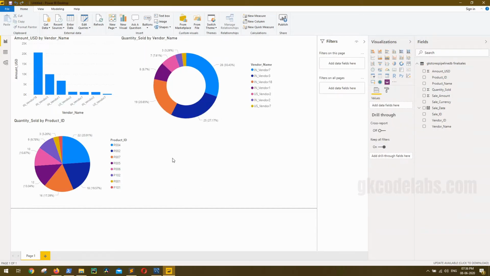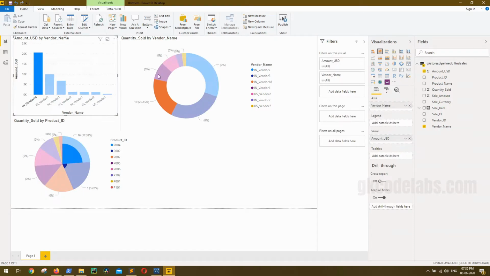Now the interesting thing here in Power BI is, suppose out of these vendors you want to see the report that is being fetched for the same field in any of the other charts as well, you can click on that. Suppose vendor 18 did a total of 20,566 in sales. Now if you click on this, you can see other charts will get adjusted accordingly. So for vendor 18, the amount USD you want to see will be available in this chart.